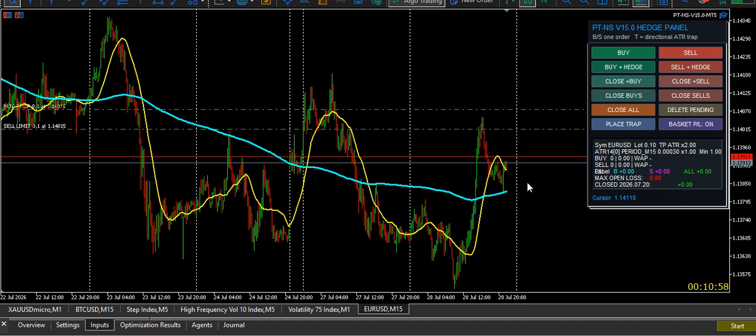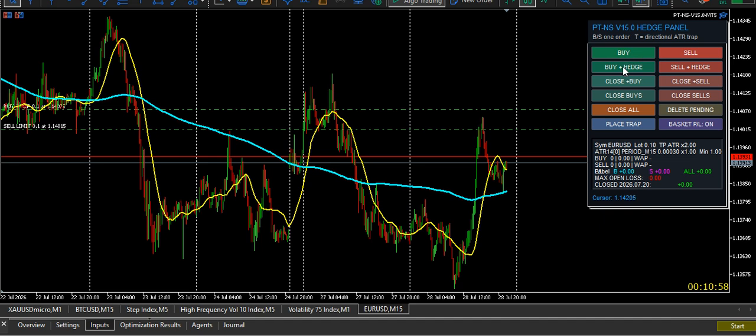The moment I say buy, it will show me a profit line. So let's say I'm going to buy in this case. Then you see there it says T is to trap. I've also got S for sell and B for buy, and keys for buy stops and sell stops. That's what we do. If you want to buy directly, you can click there.